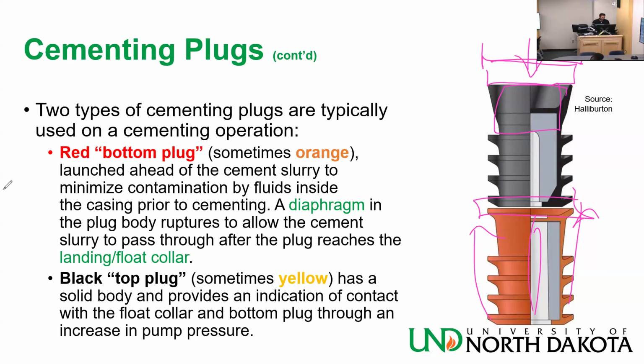You may not want spacer either. I mean, basically the cement is between those two plugs. Now you broke the red plug, the diaphragm, and you push the spacer, the cement slurry down until the top plug touches the bottom plug. Okay, so now what you have is basically the casing shoe,